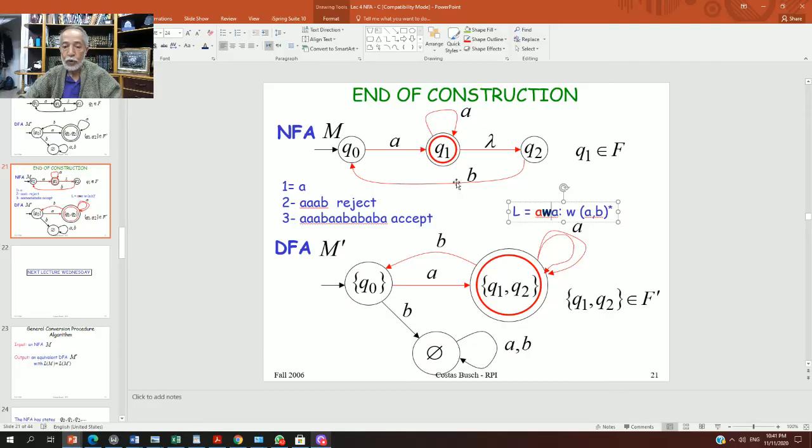However, it must end with an A. It has to end with an A. I have an A. Now, from here, from Q1 to Q2, you keep moving between A, B,